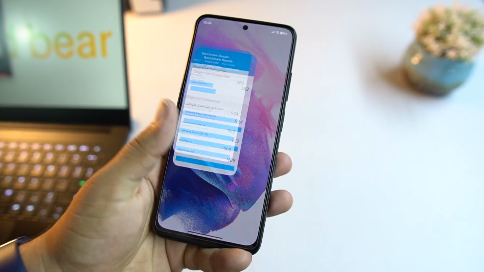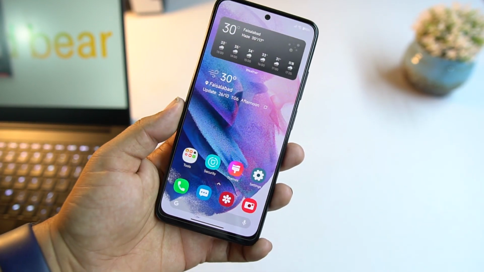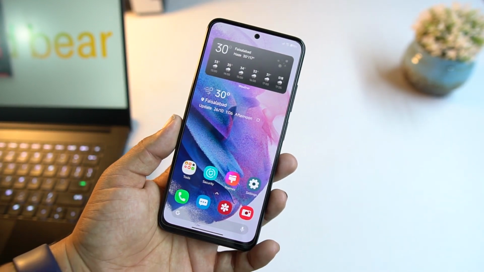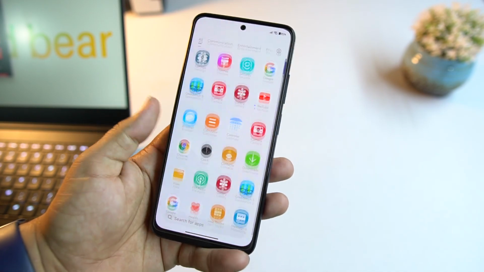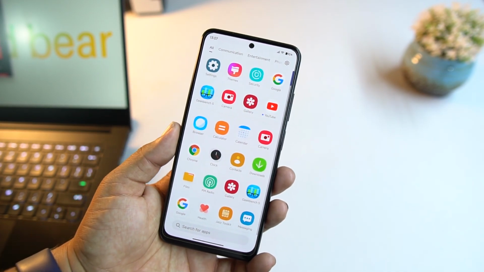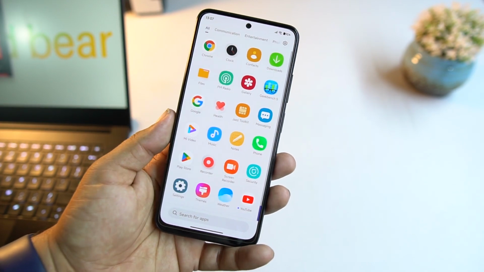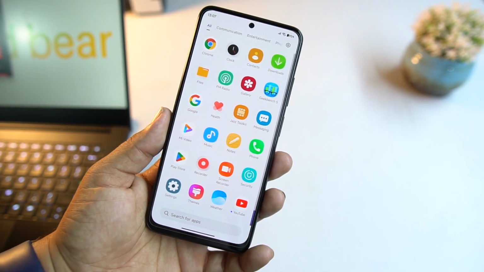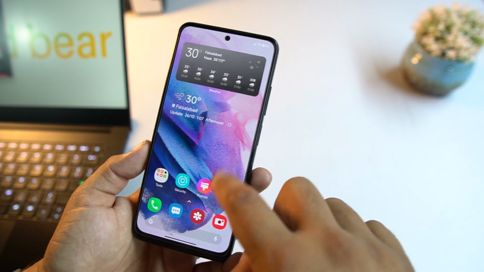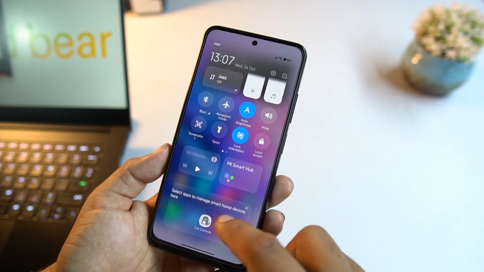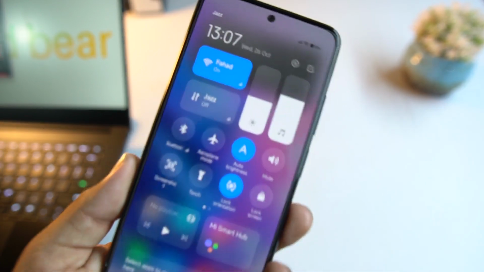So you can also do a little bit of gaming on this, like PUBG Mobile, Call of Duty and other games, because this display is supported by 90 Hz. That means you can do gaming on it as well, and you can also run any application or game on it without any issue. So now if we talk about the quick settings, here we have the new control center,